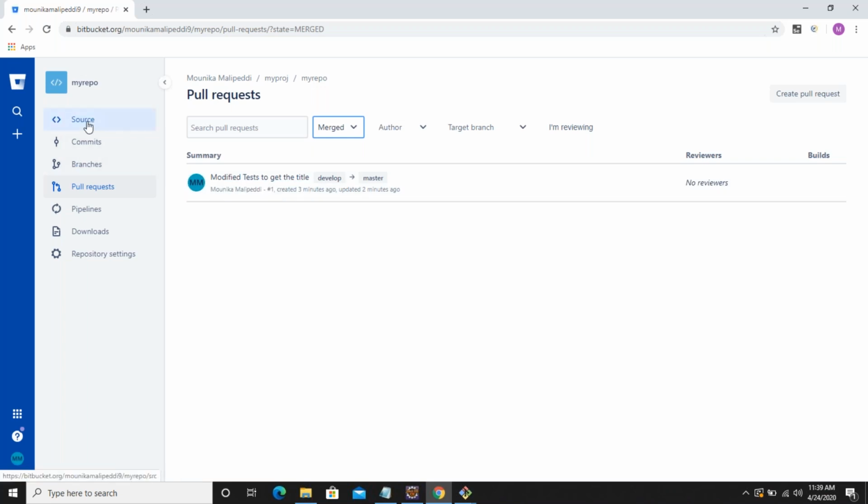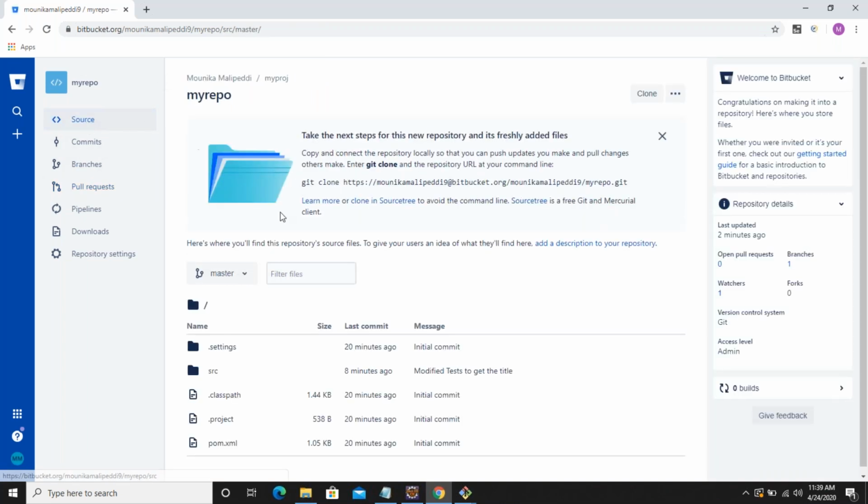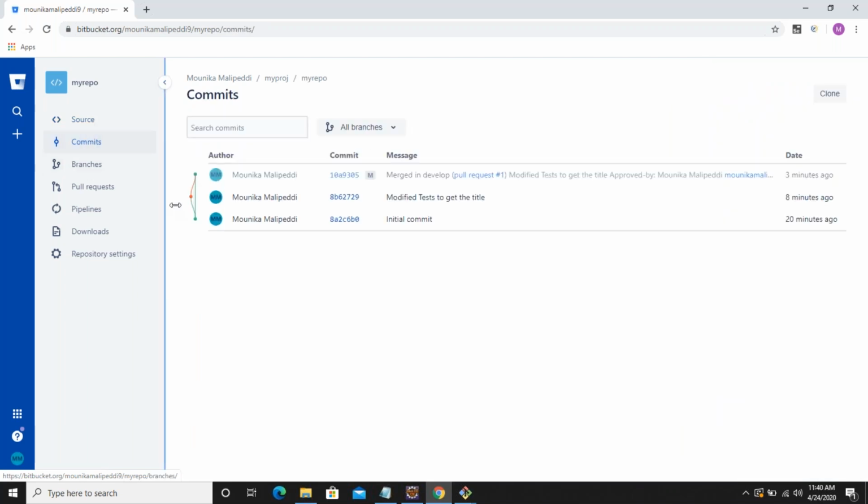Now master is the branch which has all the code which is stable. So that's how even in real time we'll keep creating branches from master, and we'll keep creating pull requests and sending them over. If you want to see who committed the code, you can see this is how. First we created an initial commit. After that the develop branch came, cut from master. After that we have merged from here to here. You can see the merged pull request. So this is how the tracking will be there, and what different things were taken care of.